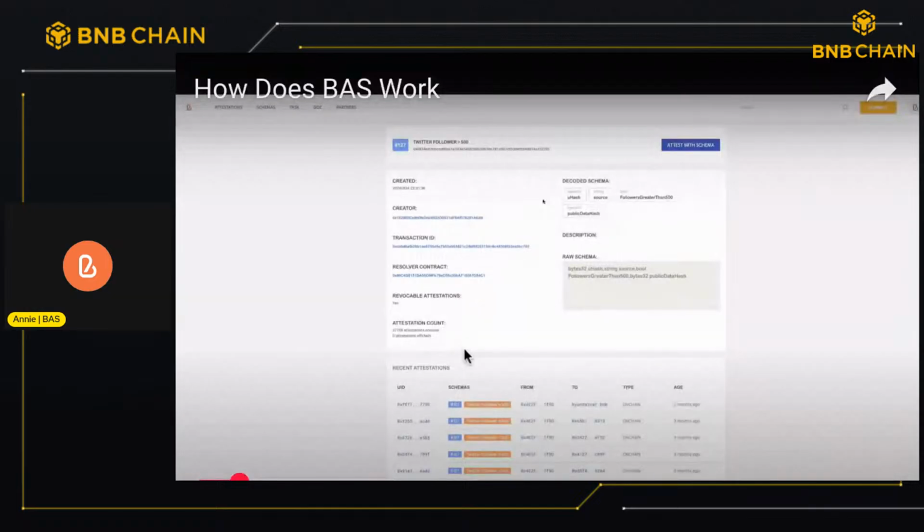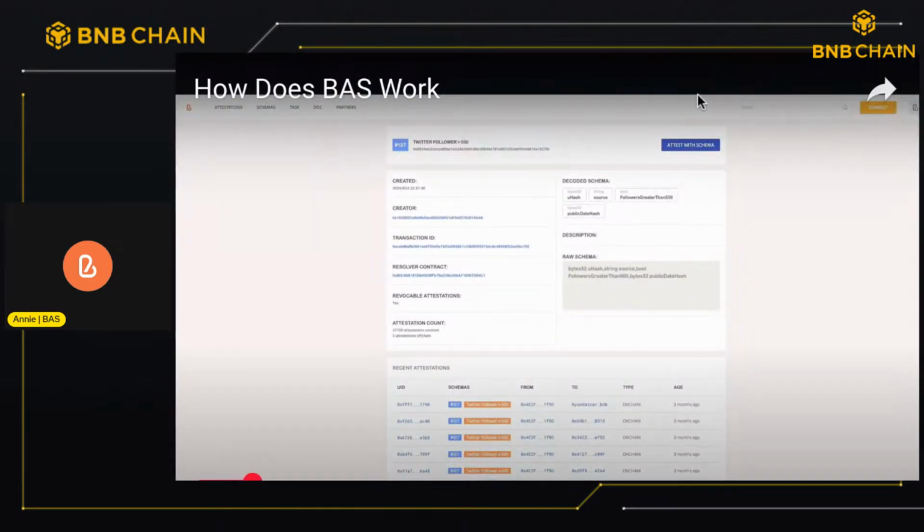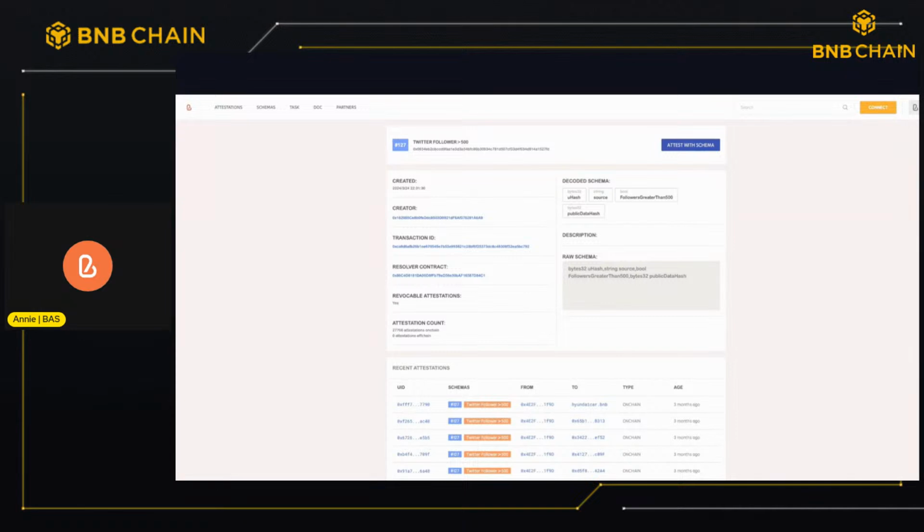A schema is a structured framework that defines the data format and resolver with an attest function. Schema dictates what kind of data can be attested and how that data should be presented. In this example, the data structure is designed to prove that a certain X account has more than 500 followers. We can see the composition of its data structure, where the most important parts are the hash of the X account's UID and a Boolean value indicating whether it has more than 500 followers. With such a data structure, we can determine whether this X account has indeed exceeded 500 followers.